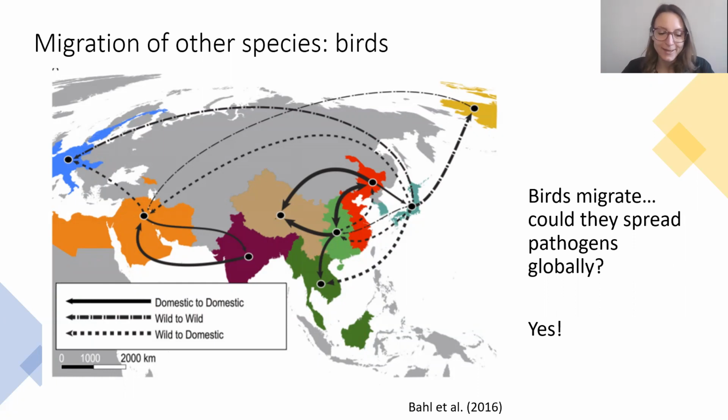We know that they are capable of that, but scientists were pretty interested to know just to what extent. So in this particular study, they were studying domesticated poultry farms in China, so chicken farms, and they were wondering whether the spread of pathogens could go from domesticated animals to other domesticated animals, whether wild bird species were the ones that could potentially introduce pathogens, or whether some combination of the different types. And so what they found is that although, yes, wild bird species do have the potential to bring pathogens to domesticated chicken farms, they actually saw that the potential for pathogen emergence was significantly higher between domestic farms to other domestic